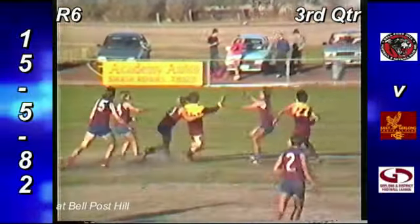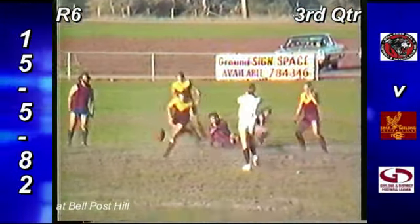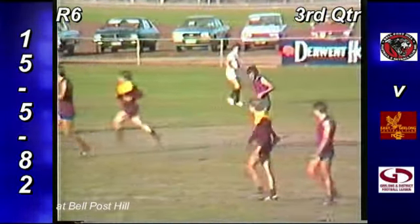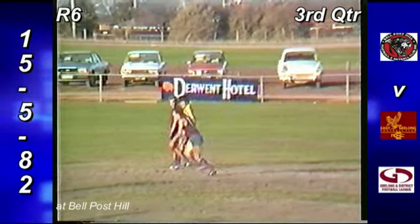Up they go. Hammond gets a tap down. McAuliffe couldn't break away. Taken by Gasparini. He boots the ball right up in the air. Up they all go, left, right and centre. I think an Eastern Suburbs player's got a push in the back. Well, I don't agree with that, umpire Scott, but the umpire's paid a free kick here, and it's gone to